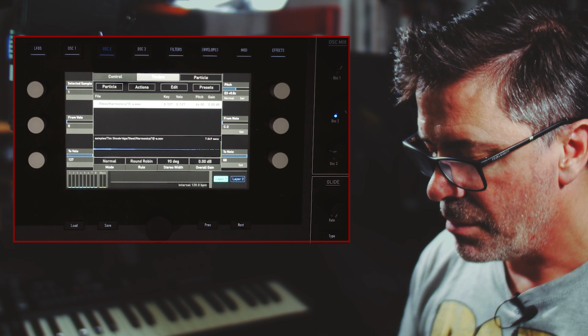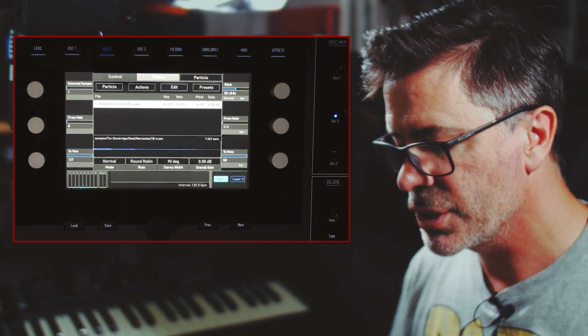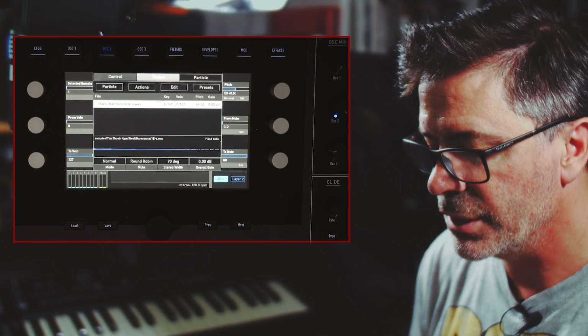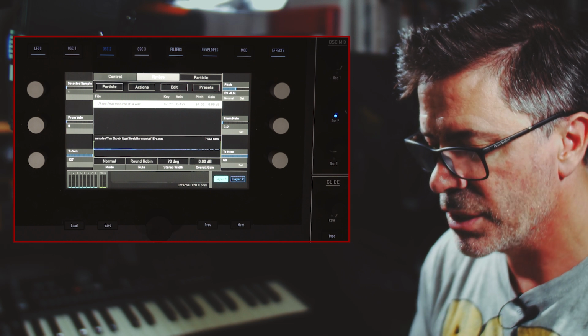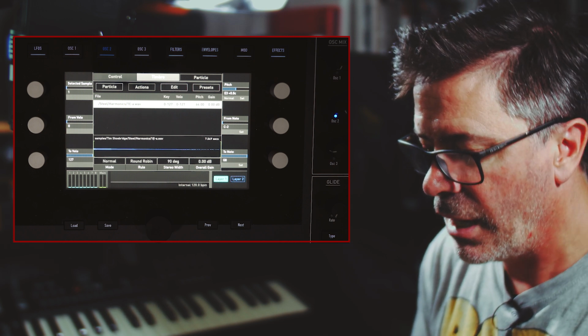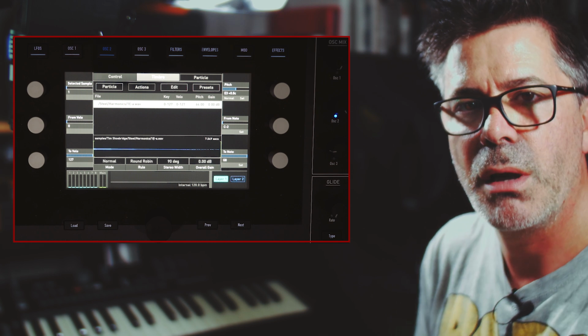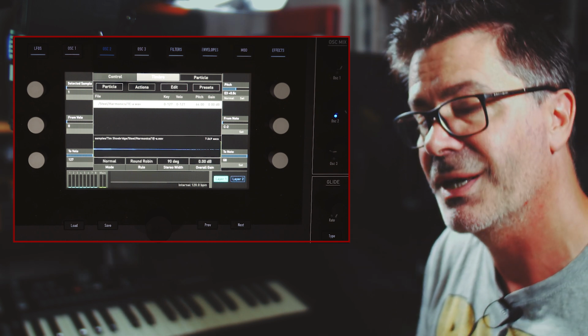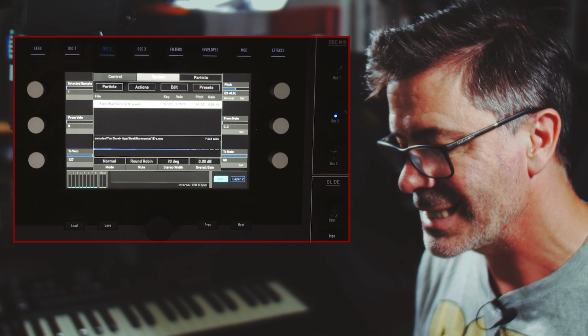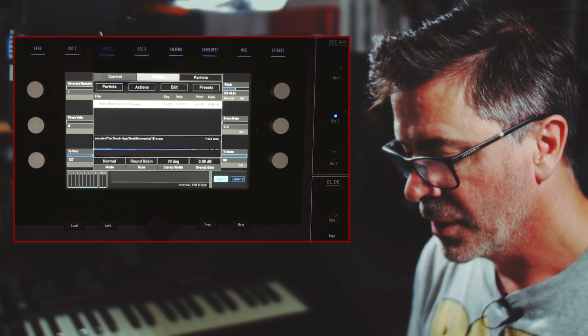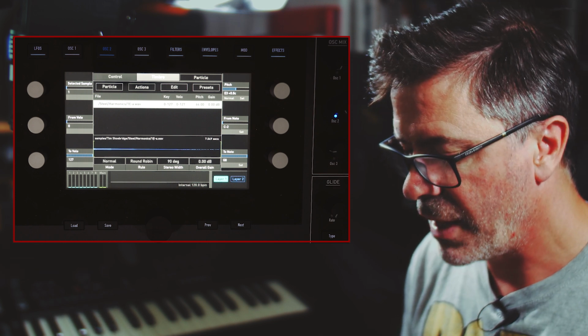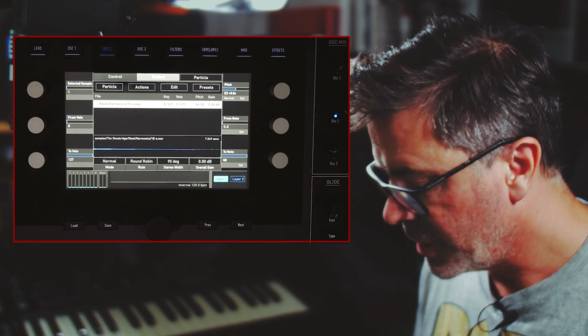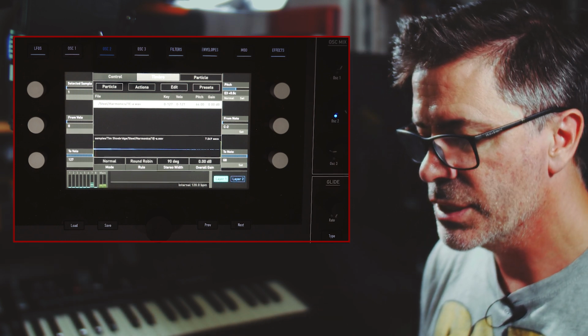So we've got it in there, but it is still playing across the whole keyboard, and what I like to do is to only have my samples playing at their root pitch or lower, so only ever pitching them down, not pitching them up if I can get away with it. Because I think they sound better when they're pitched down. So I'm going to make sure that the maximum or the highest key that I can play is an E3